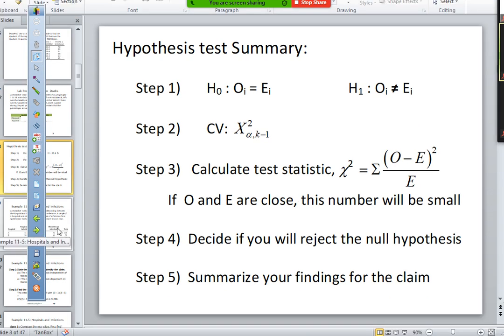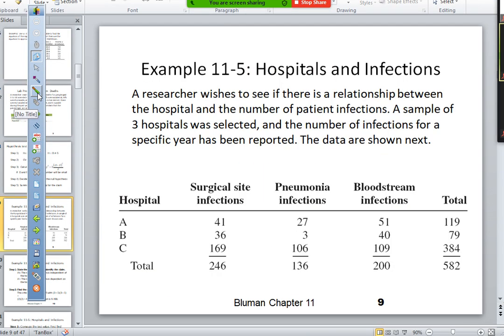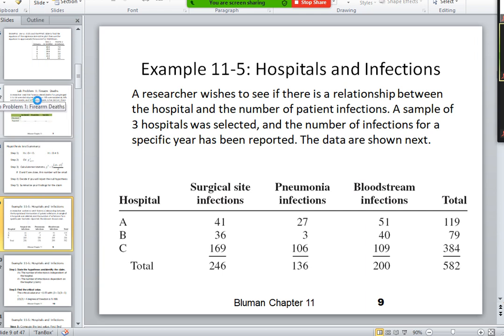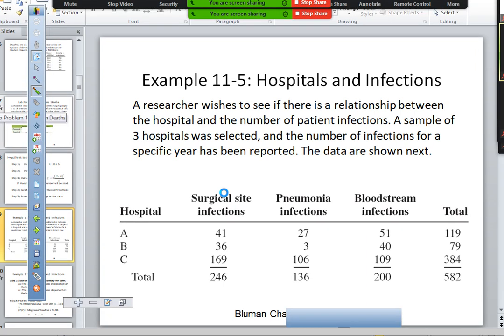So this is the other chi-squared. It looks something like this. This is a matrix. It's kind of obvious because you can kind of see that you have